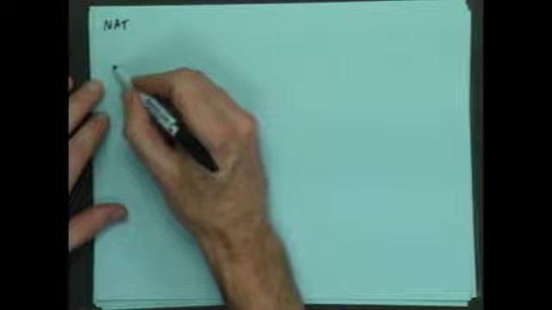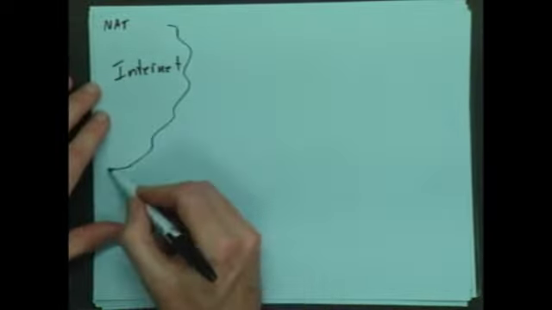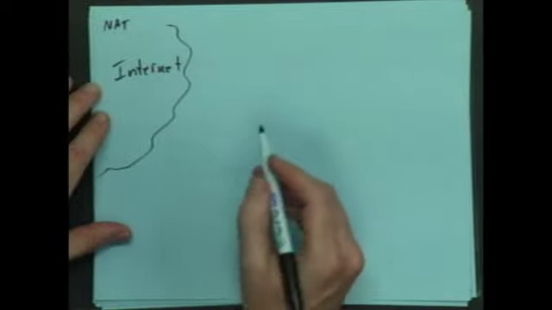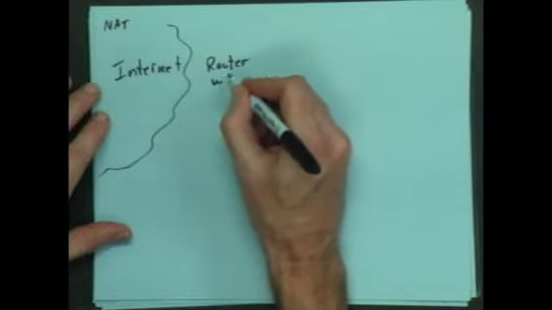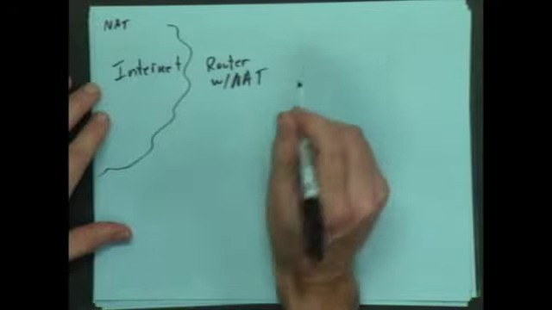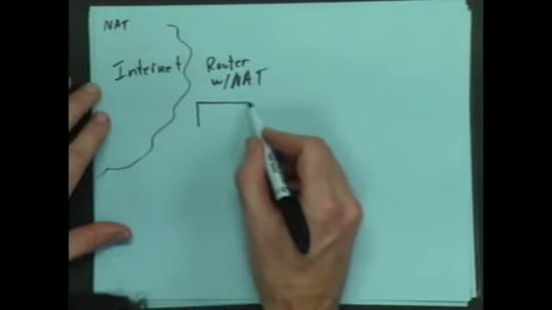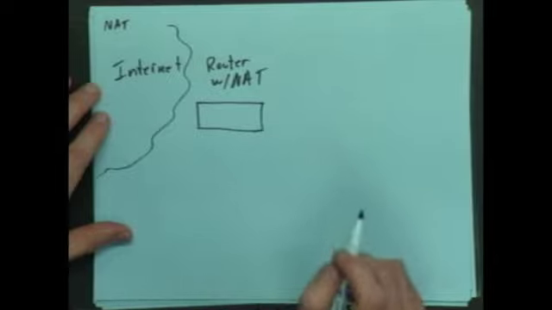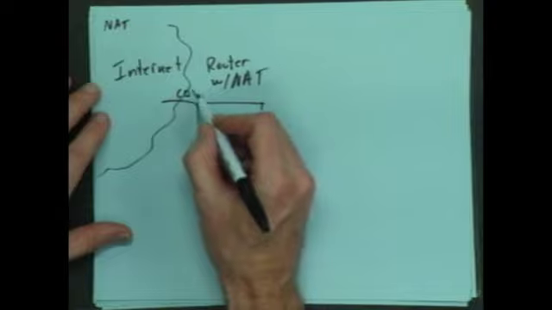So here's NAT. Okay, what I need to do is I'll have the internet out here. So there's my internet cloud. Okay, I have my router, and it has a NAT module on it. Okay, so here's my router. I have a connection here to the Cox network,